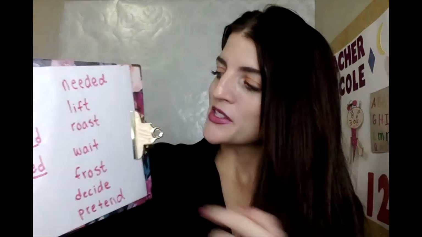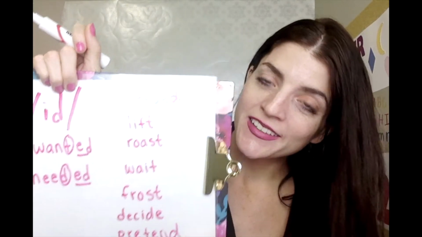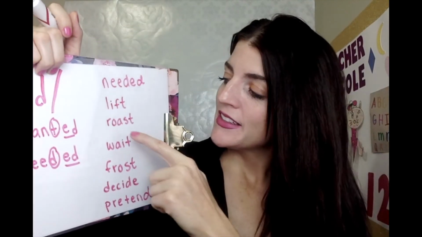The verb to roast. So the verb to roast, we just add the ed because we see that the verb ends in a T. So it's super simple. I roasted the turkey in the oven. Or I roasted,